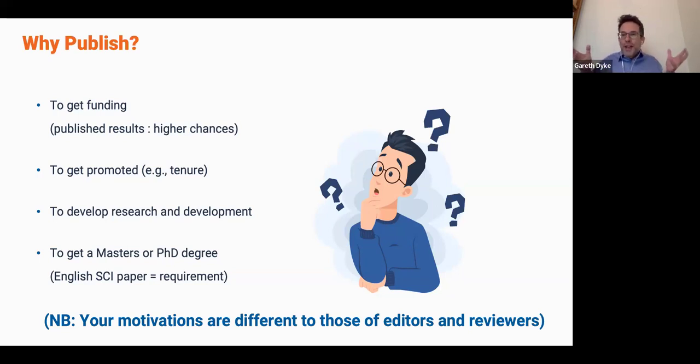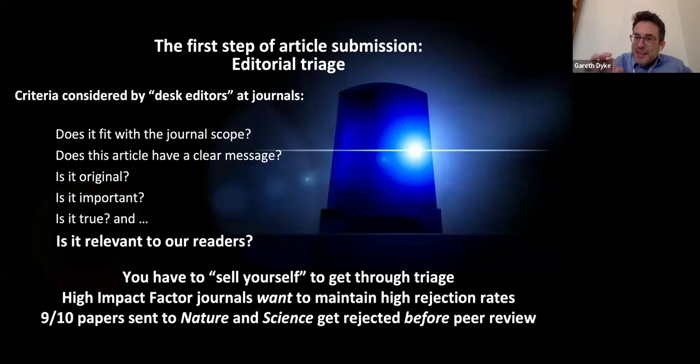This is important. Often at universities around the world, getting a paper published in a SCI listed, a Scopus listed journal is a key qualifying criteria for gaining your PhD or gaining your master's. And some people, some friends, some colleagues just want to publish papers to advance research and development. Think about your motivations for writing and publishing your research work in international journals, because your motivations are quite different to the motivations of editors and peer reviewers, those people who will initially assess your work when you submit it